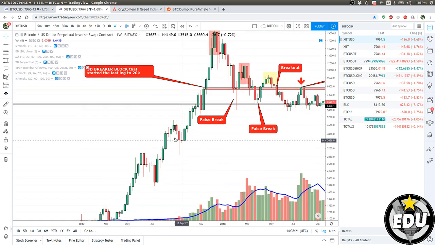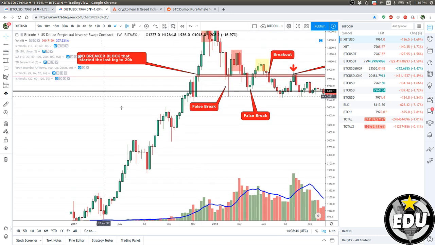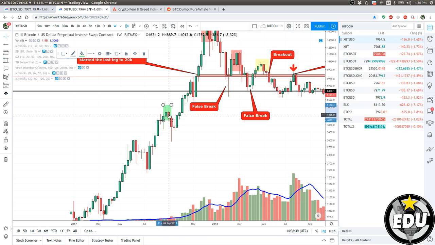So when a spinning top happens, you don't play the spinning top. You see how the next candle reacts, okay? Because the evening star pattern is formed by 3 candles: a green one, a doji, and a red candle. If that pattern appears, it's a bad story. And then you can see here on top, this was a bearish engulfing. The red candle totally engulfed the body of the previous one, and then BTC crashed.